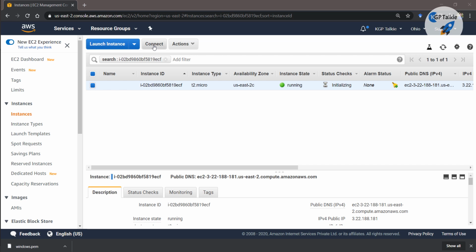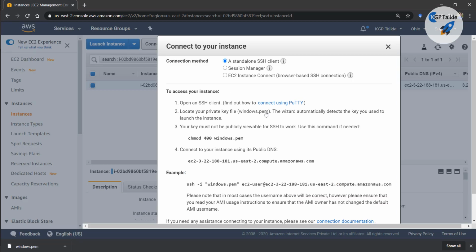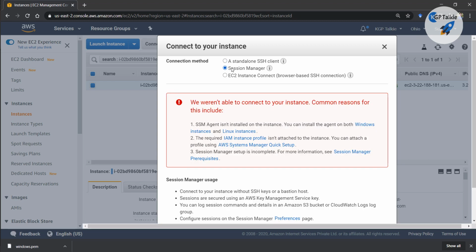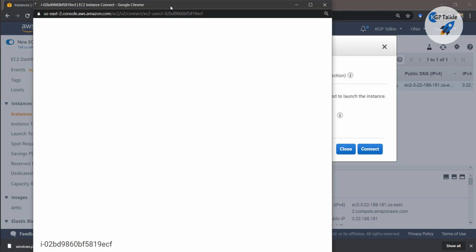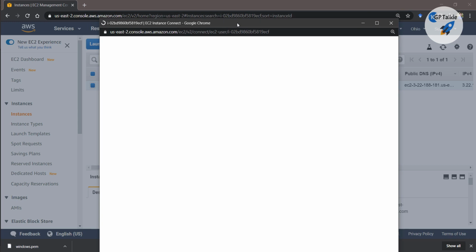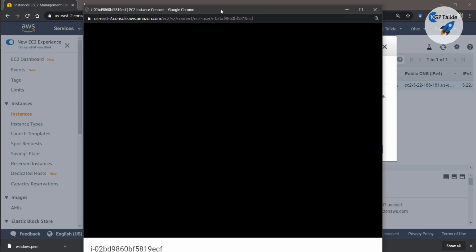So you need to simply click on connect. Now we have many options to connect with this one. You can either click on session manager. I think it's not installed there. So you can simply click on EC2 Instance Connect, the browser based SSH connection, and this one is the username for this particular machine. Then you need to click on connect, and with this process you can also connect with your